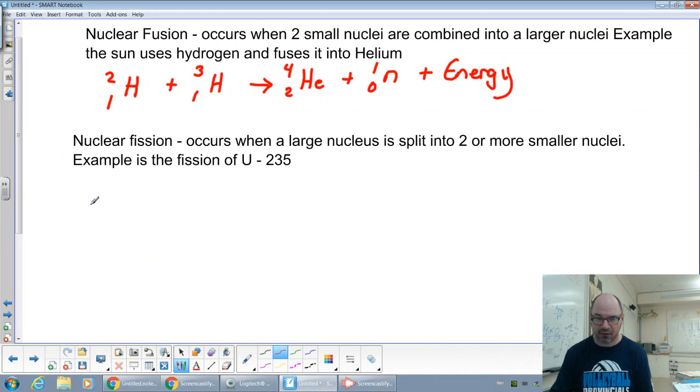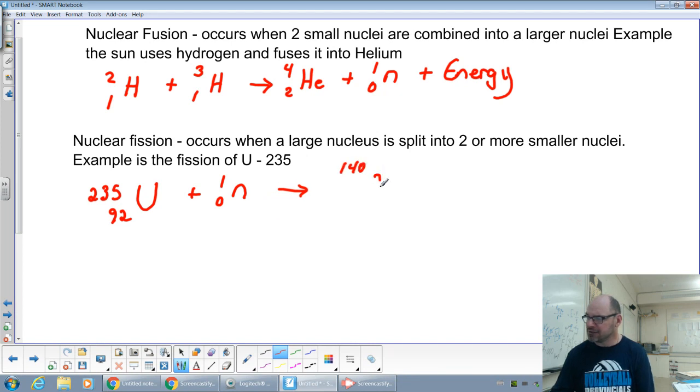Okay, we take a uranium-235 atom, we whack it with a neutron, okay, and then it splits into two daughter nuclei, this one does, into 140 xenon, which is element number 54,